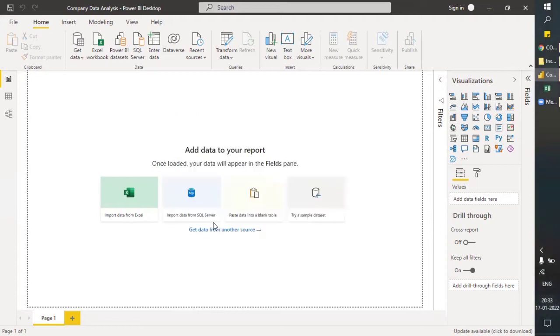It's currently fetching the data, and now it will load the data into Power Query.